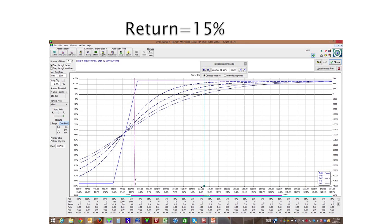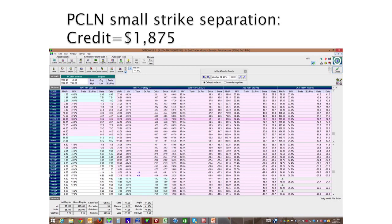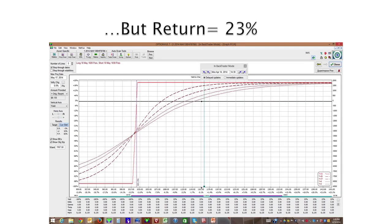Now, what if instead of buying the 980 long, you bought the 1020 long? What if you did that? And the answer is you would bring in significantly less money because you'd have to pay so much more for the long at 1020 as opposed to the one at 980, so much farther out of the market. You'd only receive 1875, so you'd say, well, without knowing any other facts, I think I'd rather buy the 980. But actually, that would not be correct because the return by buying the 1020